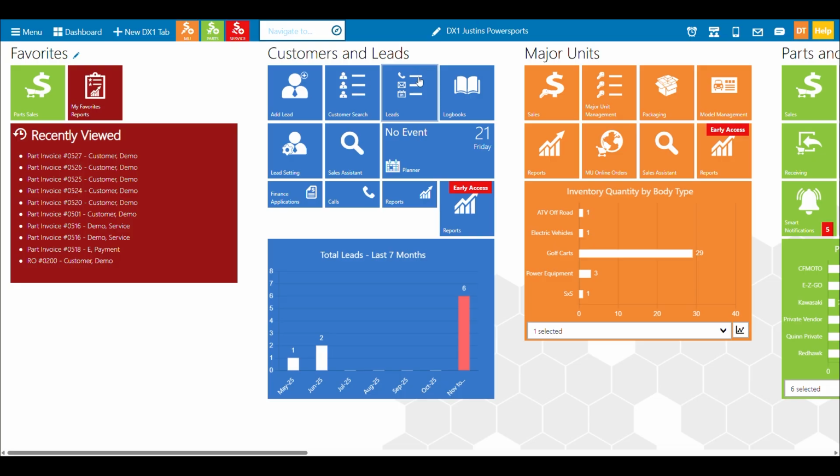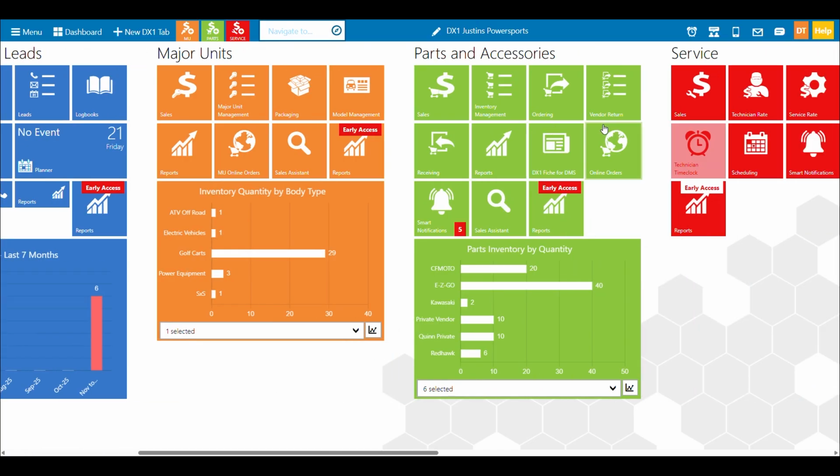All right, in this chapter, we're going to be talking about parts ordering. Hopefully you're selling a lot of in-stock parts, and there's going to be plenty of times where you're maybe special ordering parts for repair orders or for customers. And if you do that, you're going to need to use the ordering screen to get the full functionality out of DX1. And so that's what we're going to look at here.